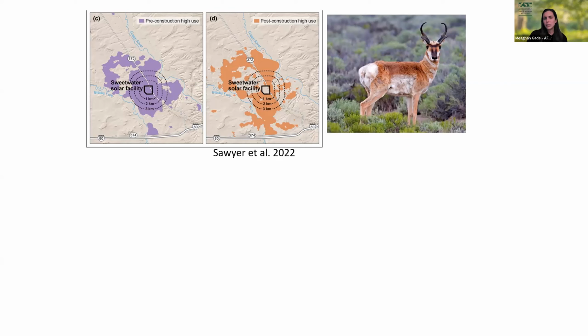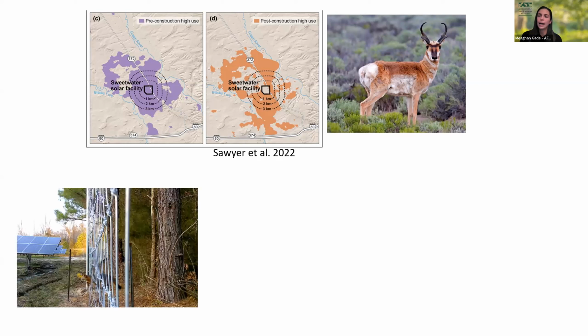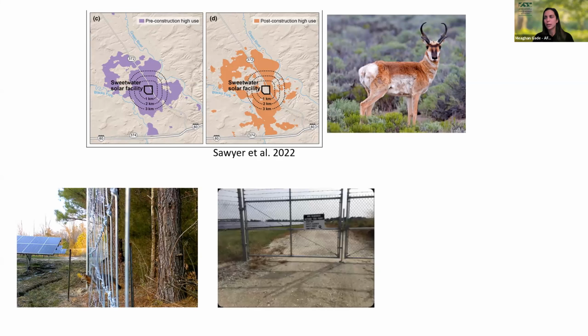The easiest thing we can do is have wildlife friendly fencing. So instead of having chain link, we can have fencing with much larger gaps that smaller mammals can get through. We also see gopher tortoises try to dig under chain link fences.